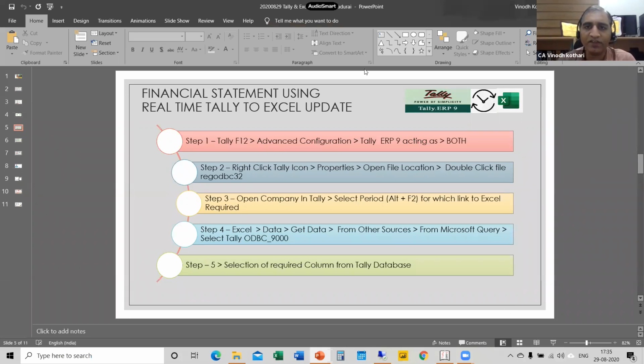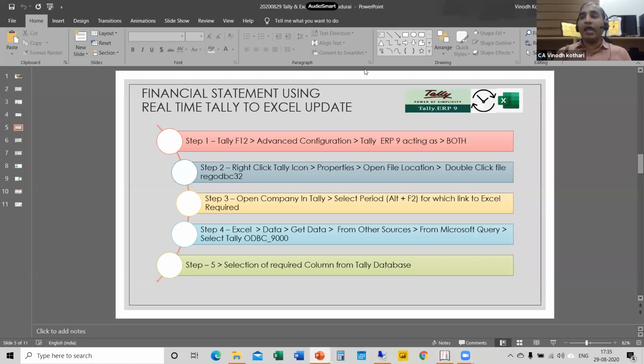Some query someone has asked, I think. Queries we have received. Yeah, one. Will real-time updation of ODBC work? Yes, real-time updation of ODBC will work in single PC mode. Since there is some system error, I don't know, from the morning some issues I am facing with the ODBC. Otherwise, in a single system, you don't have any problem.